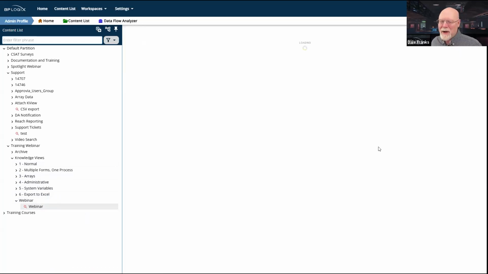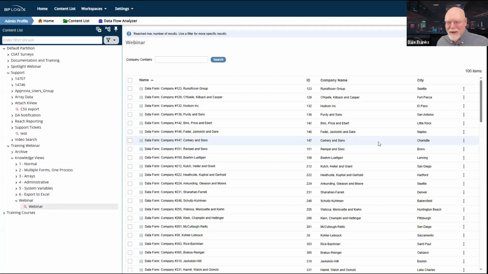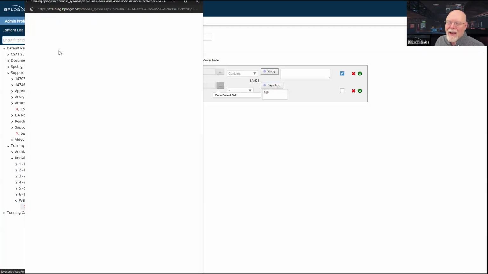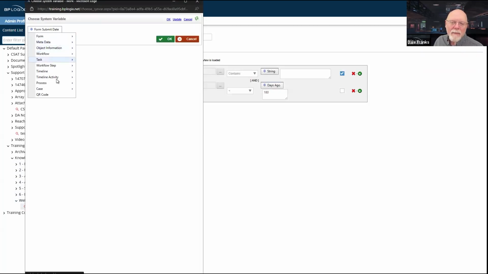And I could update and run it. And then in that case, it would show me everything. But the user doesn't get to choose that date. That's a filter that gets applied that limits the records that get shown to the user.